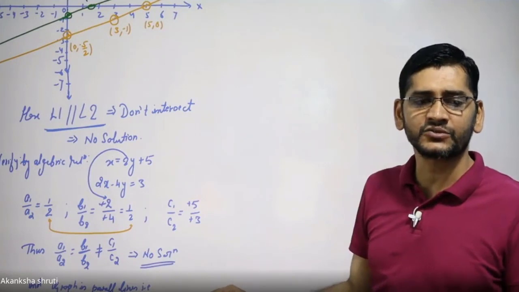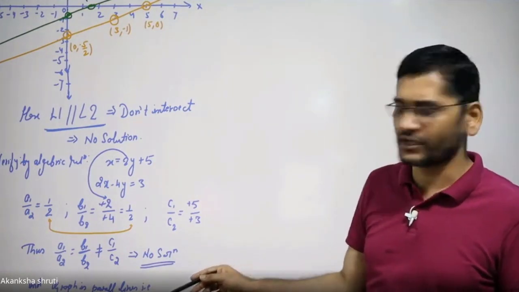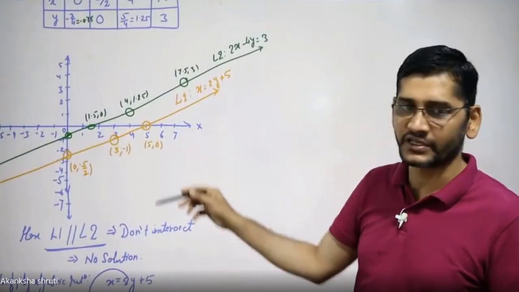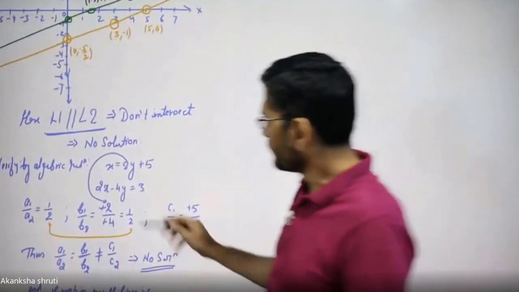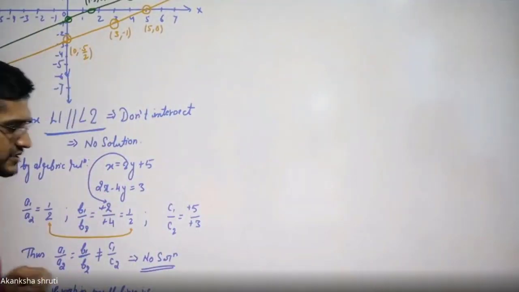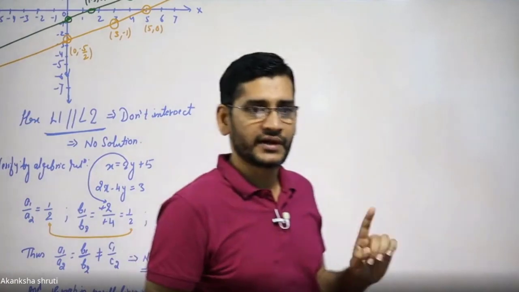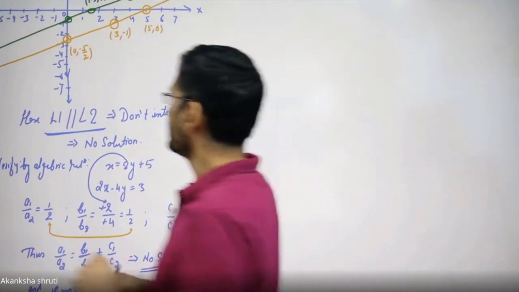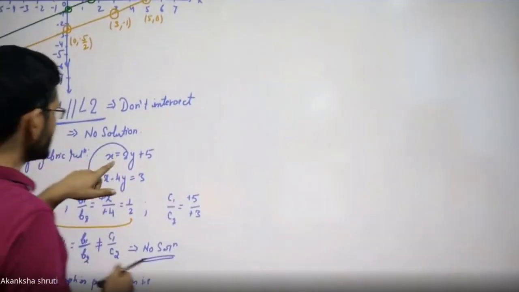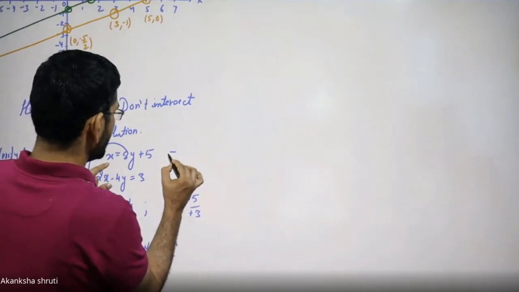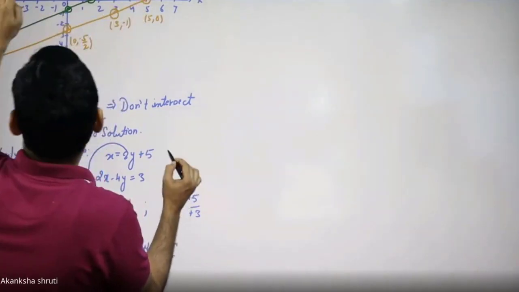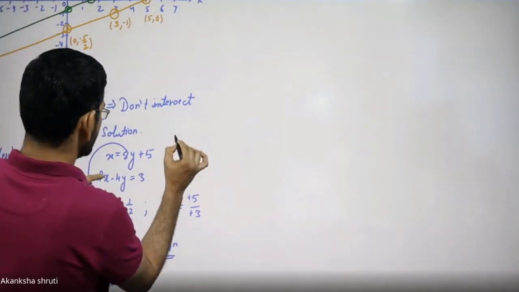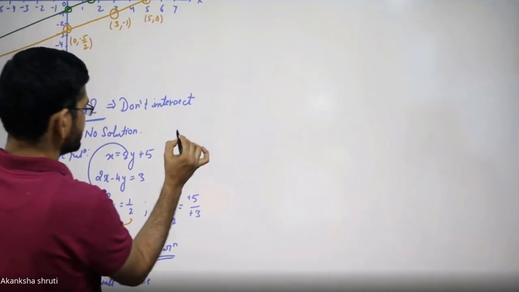So if it is just to check or to find whether they have a solution or not, go for algebra, unless or until it is given that you have to draw the graph. In fact, whether these two are the same thing or different, better you will learn in class 11. But let me just give you a small hint. Students, keep in mind, whatever the equation given here, later on we will learn that the general form of the equation of line is y is equals to mx plus c.